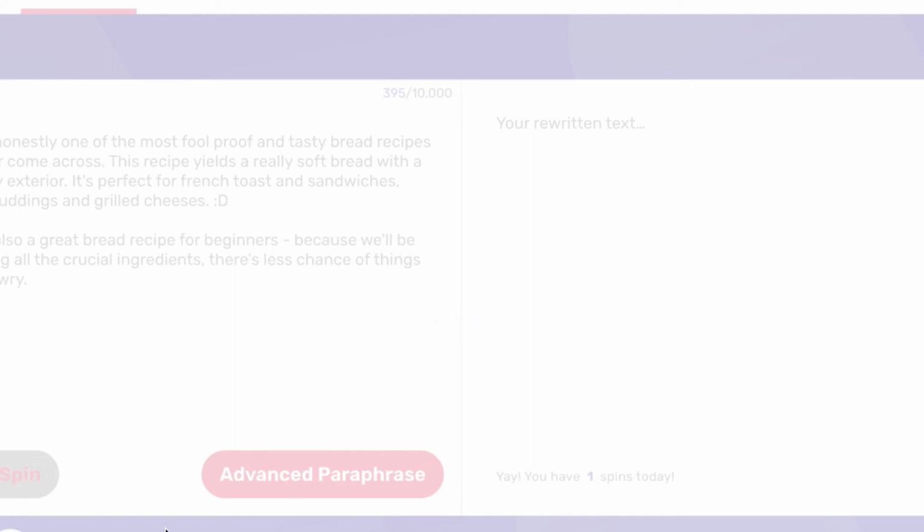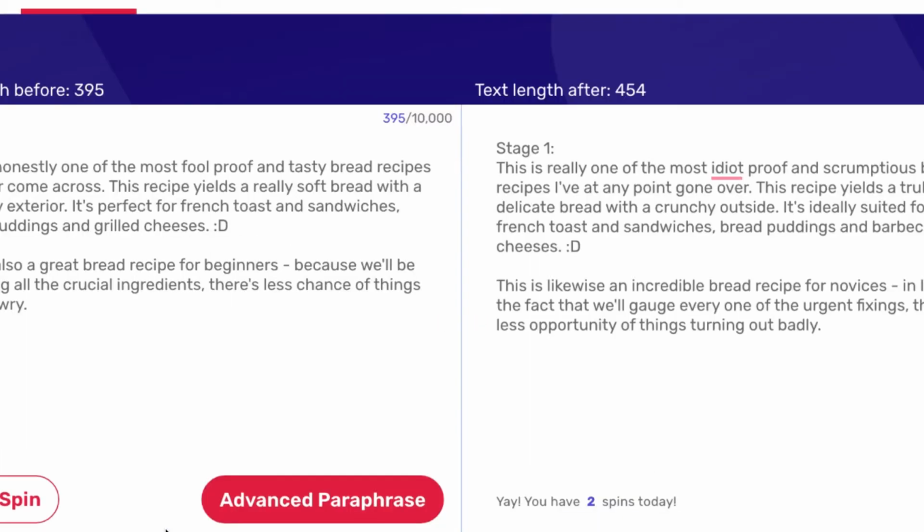Now, this AI is going to spin the text, and let's just give it a couple of minutes. And of course, this is the new one. All you have to do is go ahead, edit your article, make sure it looks good, and then send it over to Amazon KDP. Now, the next site we're going to be using is called